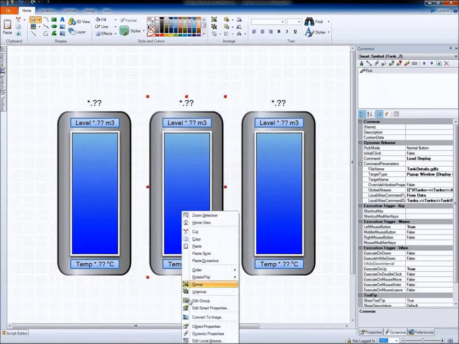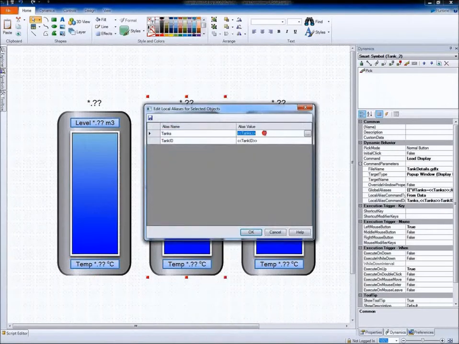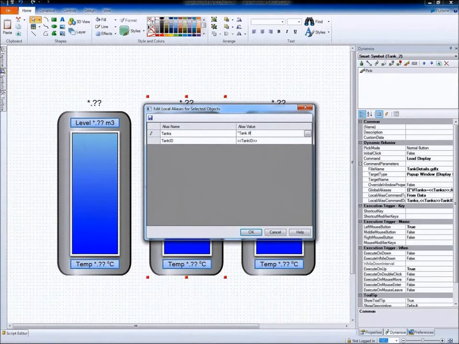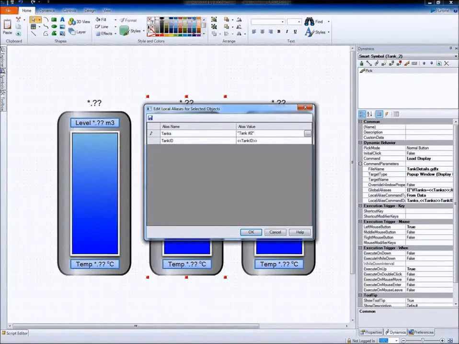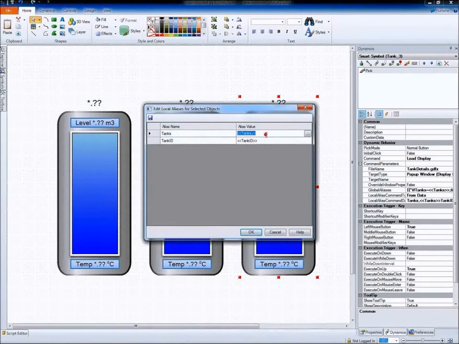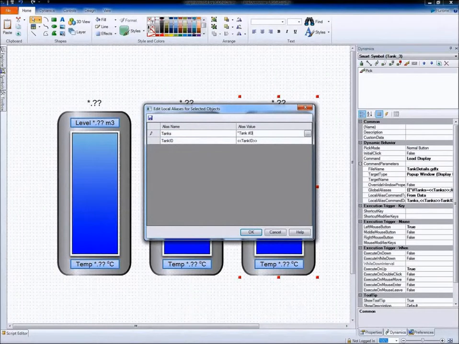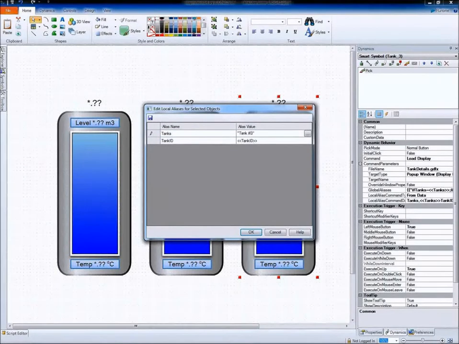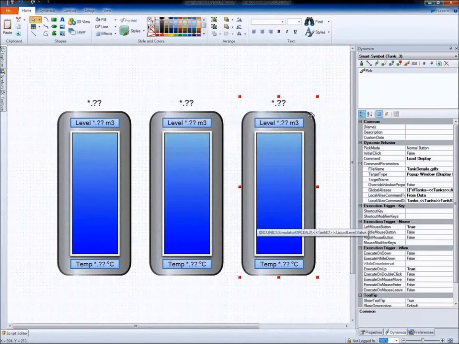This will be repeated for all the other objects. Tank 3. Okay, now I can go into runtime,